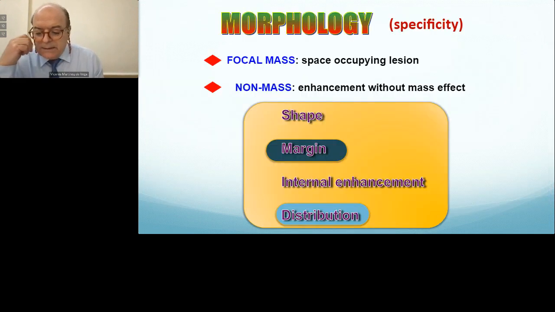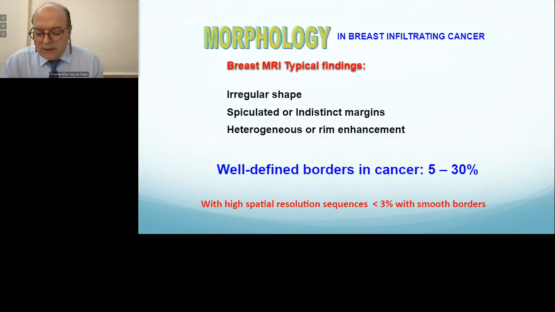Morphologic analysis is important to increase the specificity of breast MRI, so margin in mass enhancement, ductal or segmental distribution in non-mass enhancement are very important points to assess malignant lesions. Typically, breast invasive cancer appears at MRI as masses with spiculated or indistinct margins with irregular shape and heterogeneous or